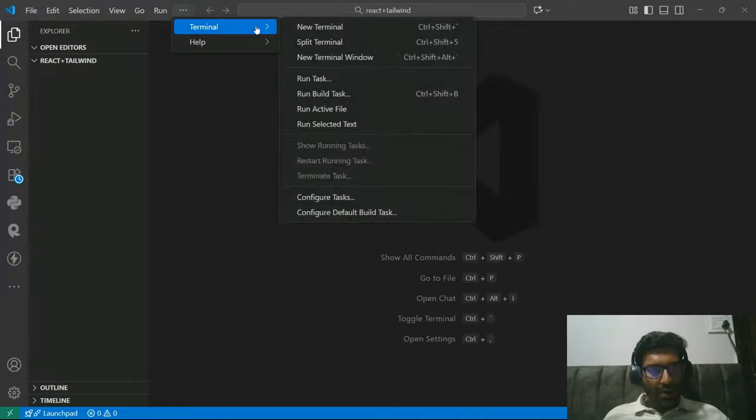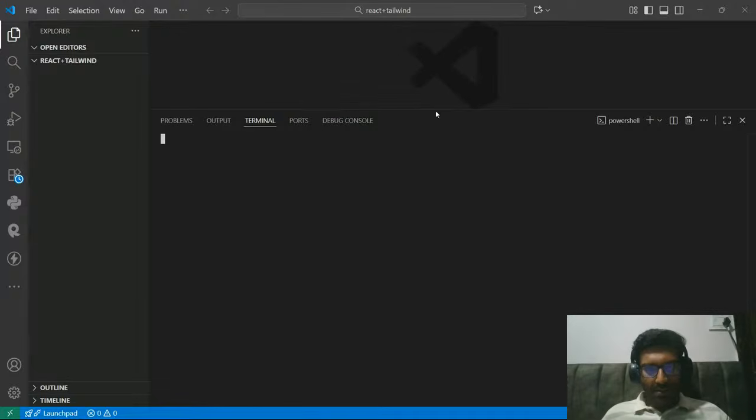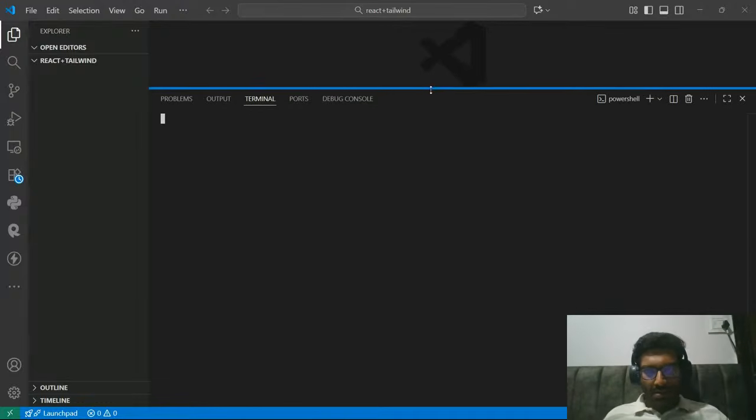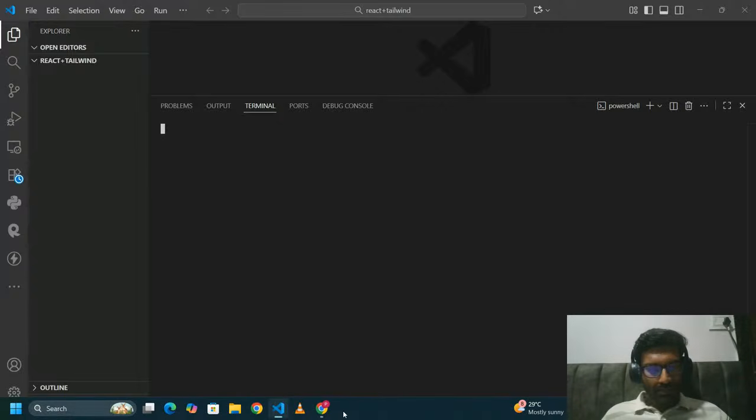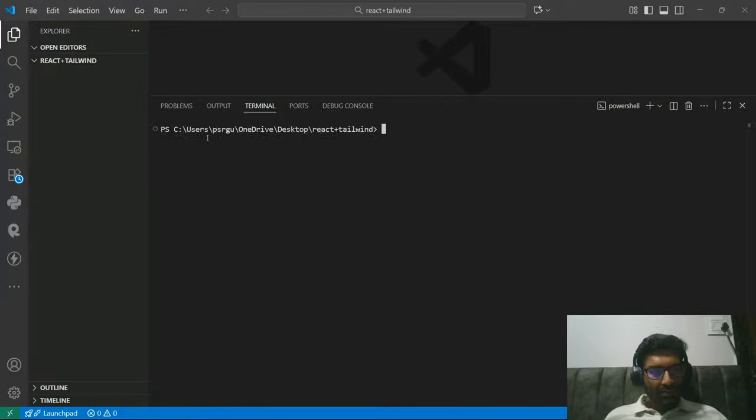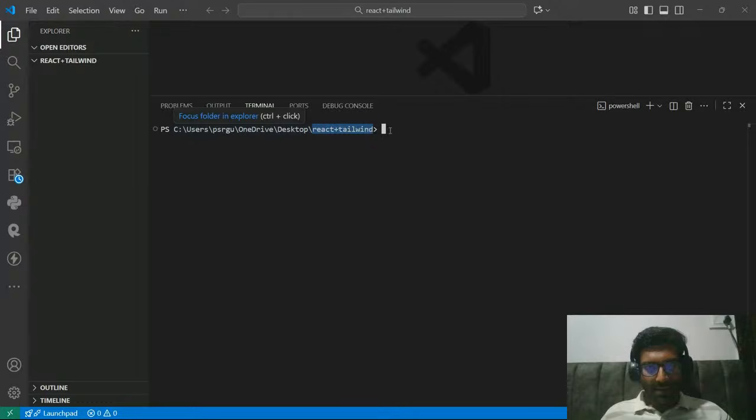Okay, let us reopen it. New terminal. Now you can see my terminal is open in this folder, React plus Tailwind. It is the same folder that we are working in, right?